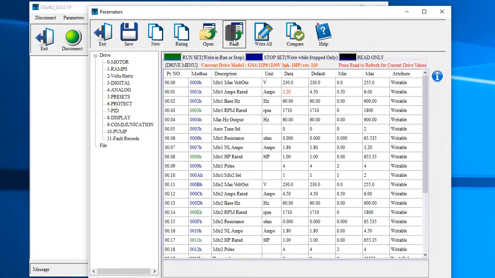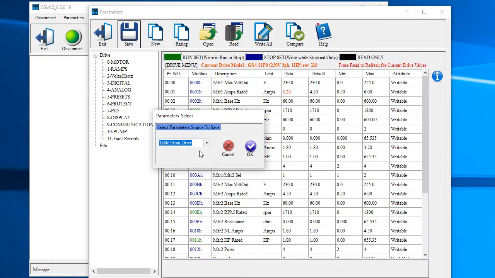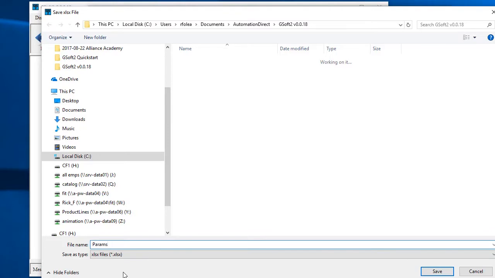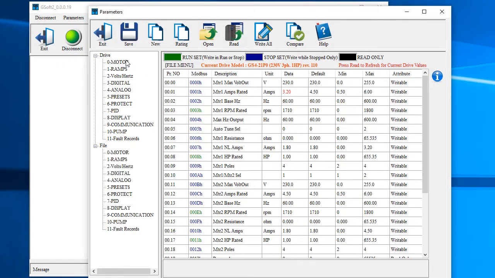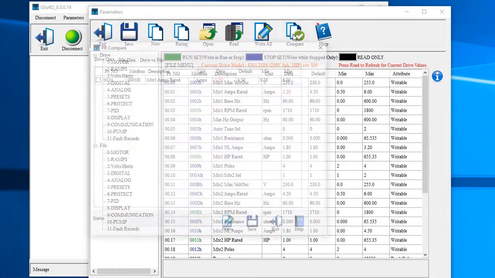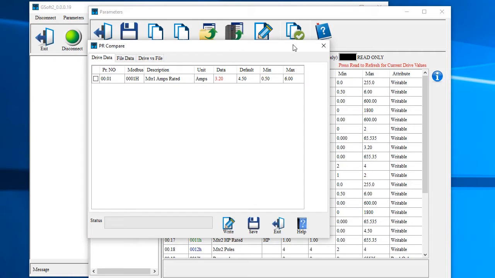this chart. Let's save the parameters from the drive to the computer's hard drive. Now when we open that file we just saved, it puts it down here under File Parameters. So these are the parameters read from the variable frequency drive, and these are the parameters read from the computer's hard drive. We can even do a compare, where we see any drive parameters that are different than the default,